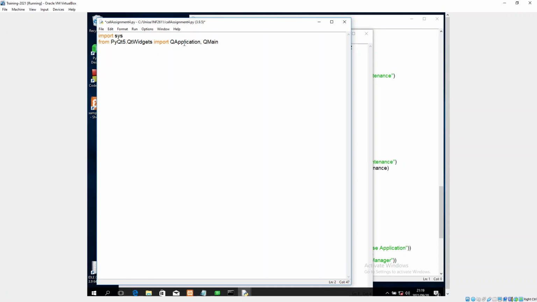QMainWindow, QTableWidgetItem, and the new one that we're adding is QMessageBox, because I'm going to show errors using the QMessageBox. The next one is from